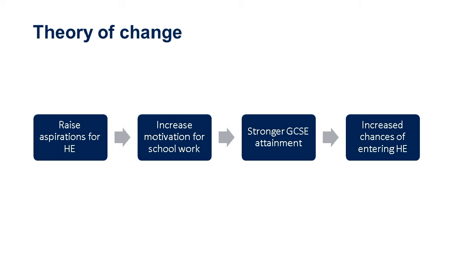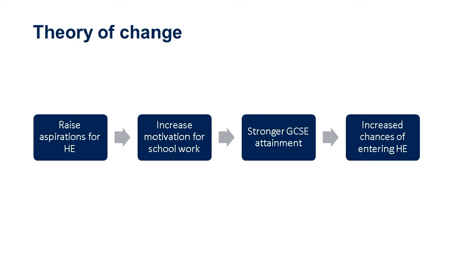And we've included an example of a fairly common theory of change to highlight the importance of this approach, because we think that they're an essential planning tool that can underpin your evaluation approach. And even if you don't call it a theory of change, it's really important to set out the change that you're trying to achieve. So in this case, your ultimate goal is the increased chances of your outreach participants entering higher education, and the changes that you'll see in the short to medium term, which you might describe as your interim outcome. So in this case, there's an increased motivation for schoolwork, which results in stronger GCSE attainment, and then